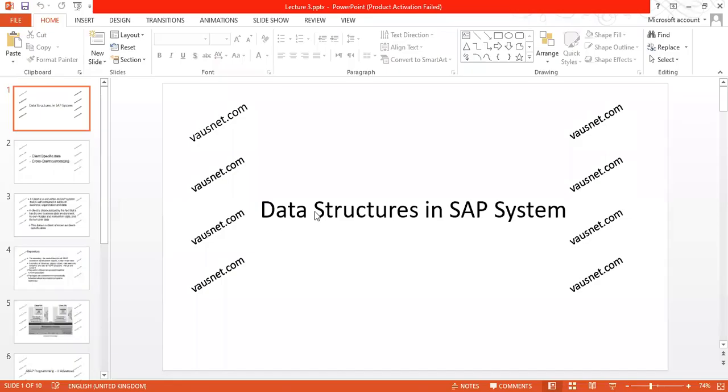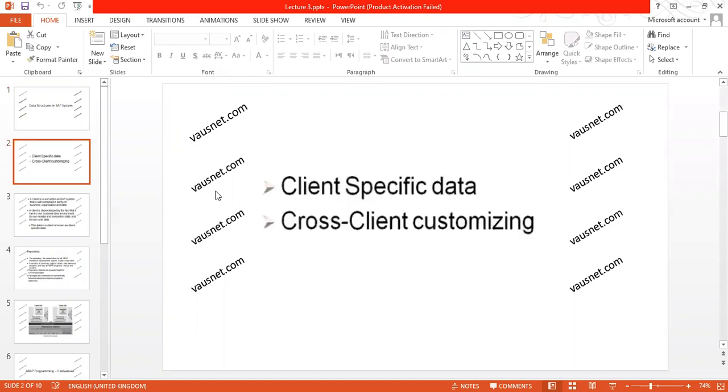Acha ji, what are data structures in SAP? Data structures can be client-specific data and cross-client customizing. Client-specific is related to one landscape. And by client, I mean not any business client, but your server, development server, QA server,